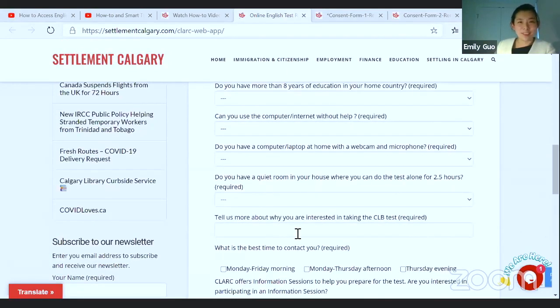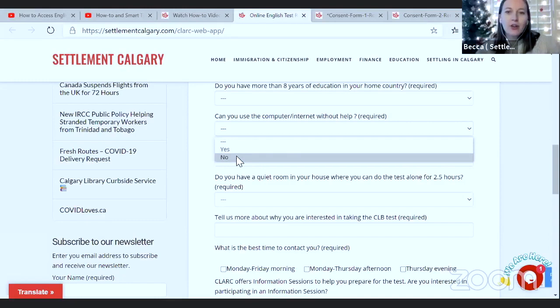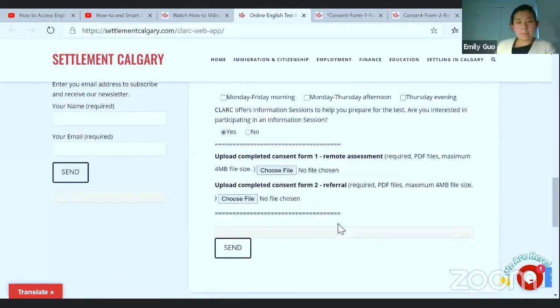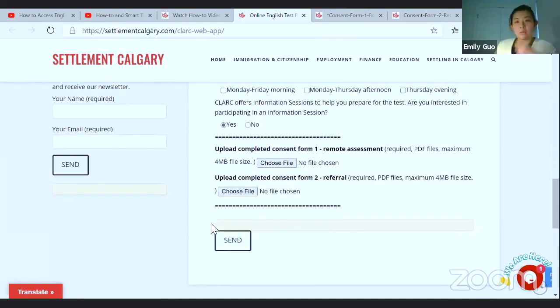Very observant. So then it asks you all these questions, like the consent form, like what you have to have. So if you say no, I have no computer, you probably can't do an at-home test, right? Yes, and it's probably not a great idea to go to your friend's place because of COVID.